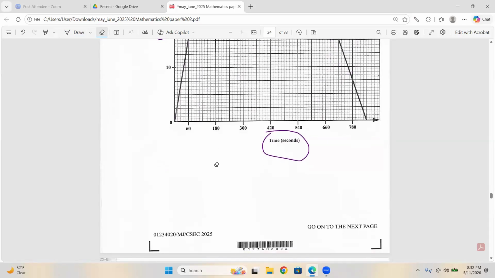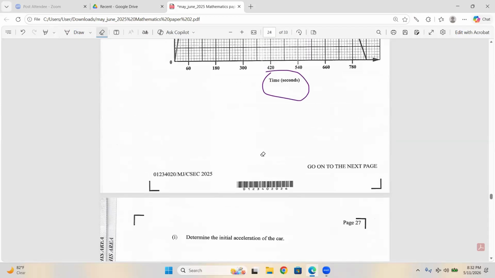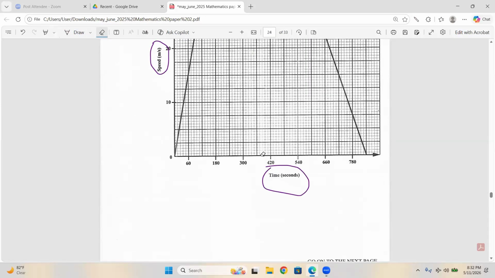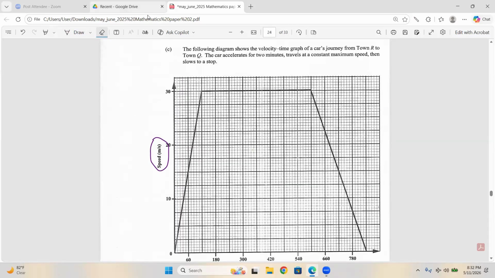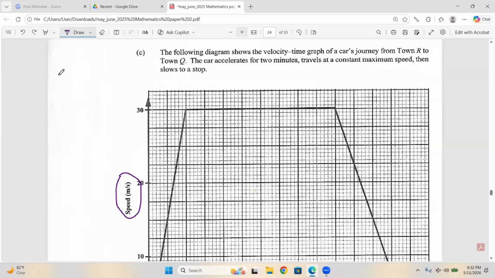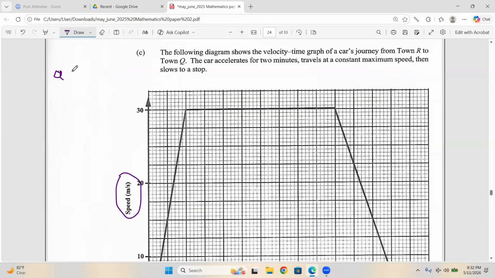Okay. So what they want us to do is to determine the initial acceleration of the car. To do that, we can use gradients of a line. The gradient will give us, right? So the gradient formula, what they want is acceleration, so we put A. If it was a straight line graph, we put M. It depends on what they're really asking for. So A as an acceleration is equal to Y2,